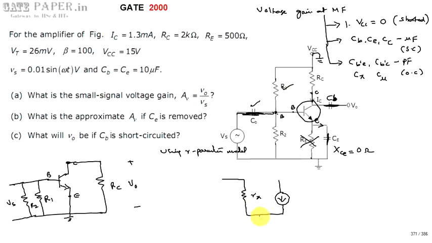Okay, this is the emitter, and it is the collector side, this is the base side. This is going to be written as beta IB or GMVBE. Here I am going with beta IB, or you can also write it as GMVBE, but it is not required for us now. This will make the analysis simplified. Now the emitter is connected to ground.